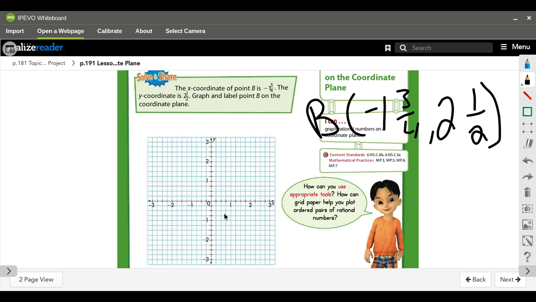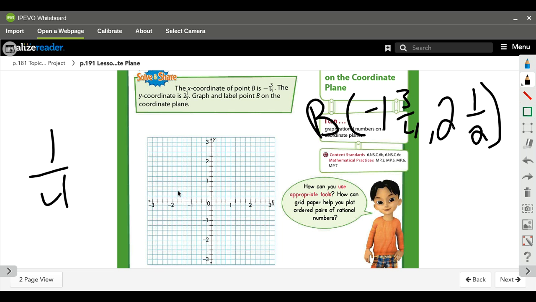First thing I need to do is see what the value is of each one of my little tick marks. So I start at the 0 and I count to -1. So I have 1, 2, 3, 4. That tells me that each one of these little tick marks is going to be equal to 1/4. So that makes it easy for when I'm graphing 1 3/4. So I'm going to go to -1, -1 1/4, -1 1/2, -1 3/4, and then I'm going to go up